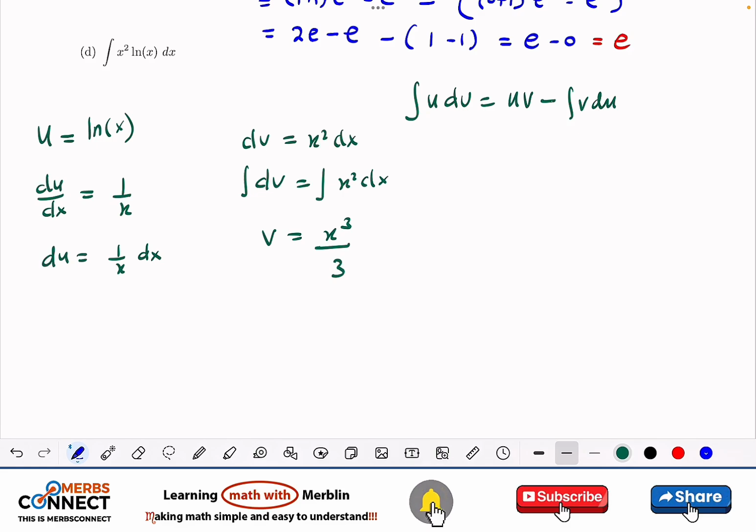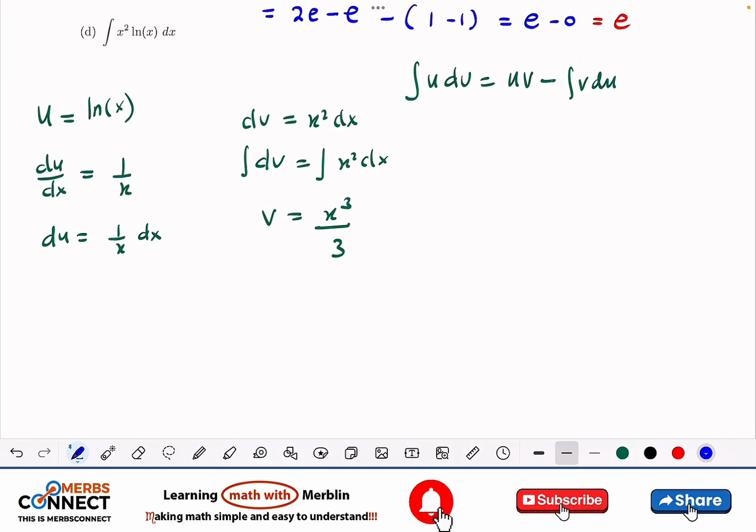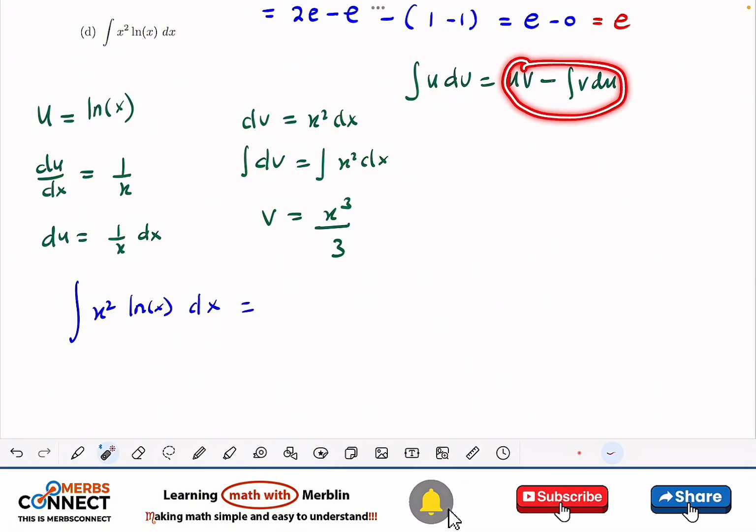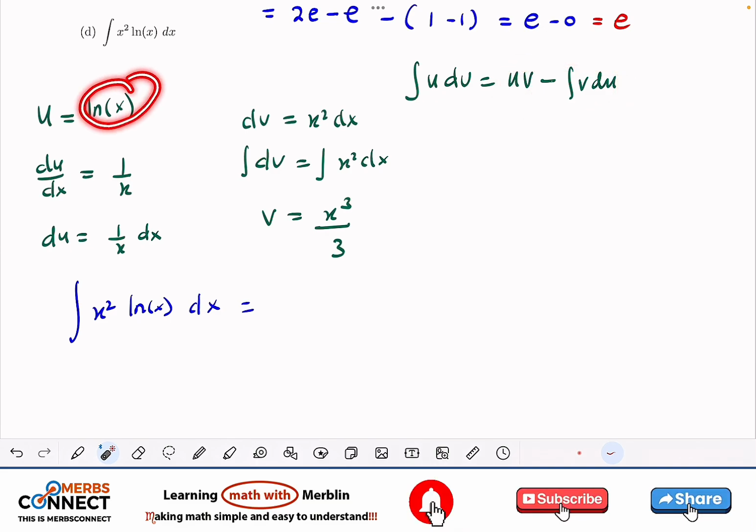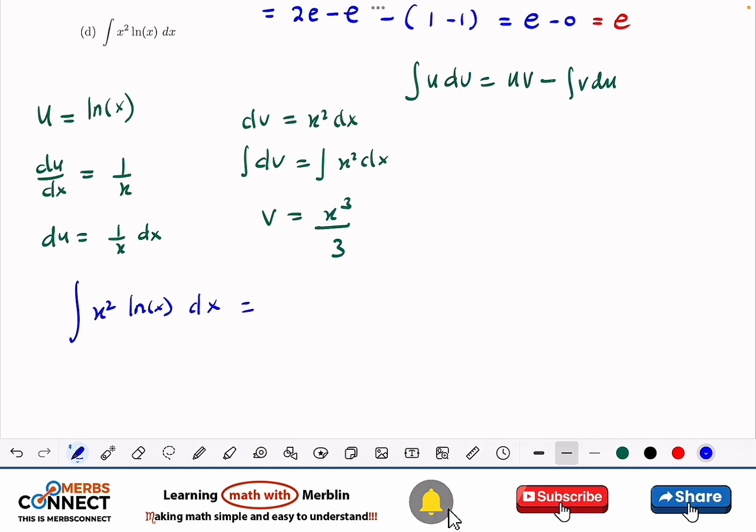Interesting. So now we can go through the integration now. x squared natural log of x, and this one should be equal to the right hand side. So u times v, u is here, v is here. So I'm going to have ln of x times x to the power 3 divided by 3 minus integral of,